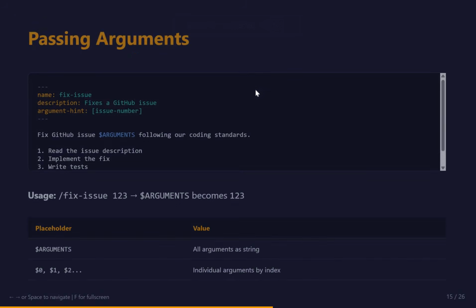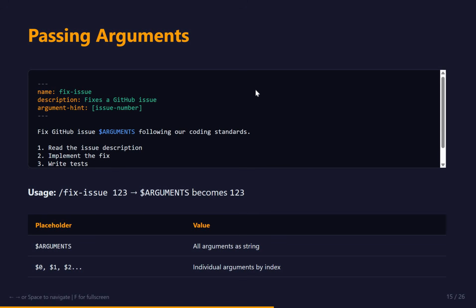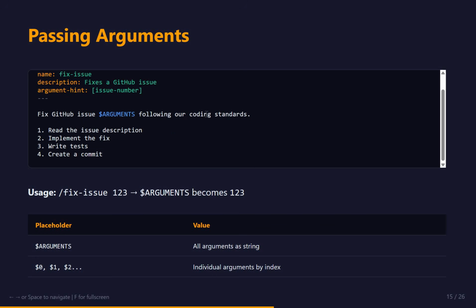So let's move on. You can also pass arguments when you run the skill. Another example of a skill: you create a skill called fix issues, with the description "fixing GitHub issue", and you can give the issue number as an argument. It can then fix the issue with the argument, following the coding standards: read the issue description, implement the fix, write tests. When you use the argument, like slash fix issue 123, 123 is